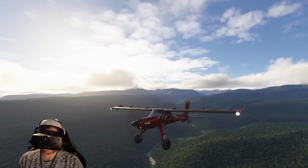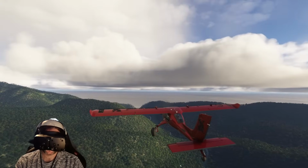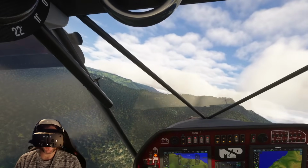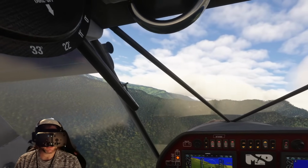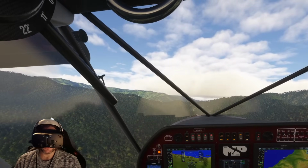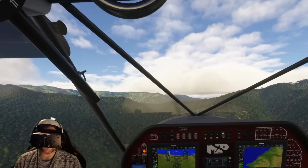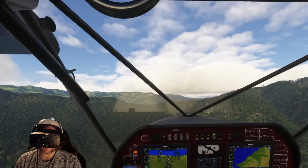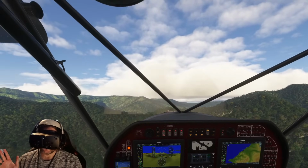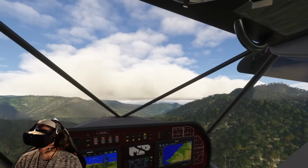Wowzers, look at this. Absolutely stunning views here. How did the hobby get this good? It doesn't seem five minutes ago since I was using X-Plane 10. Then 11. And then we had ortho imagery. You remember downloading tons and tons of ortho imagery that would take forever just to get a small section of the UK. And then MSFS 2020 arrived and completely blew apart what we thought was possible for a flight sim. And then this is here, which...